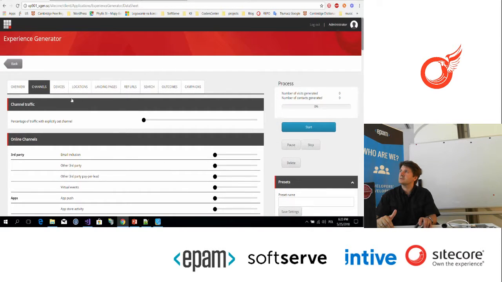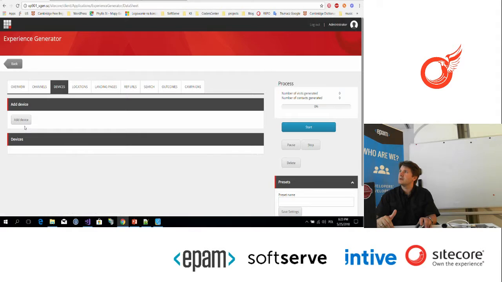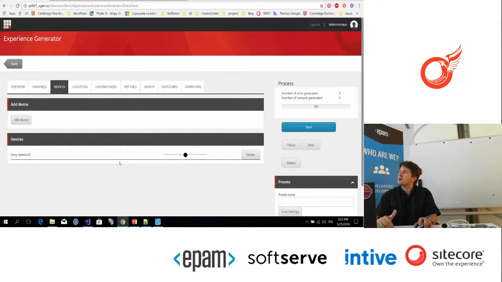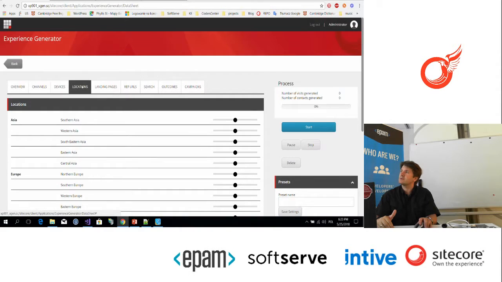We can also add some devices to our data. There is also an option to choose locations for our page visits.